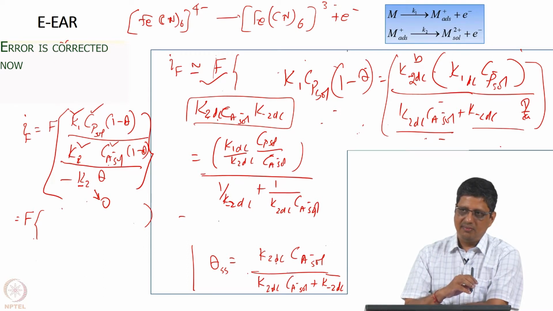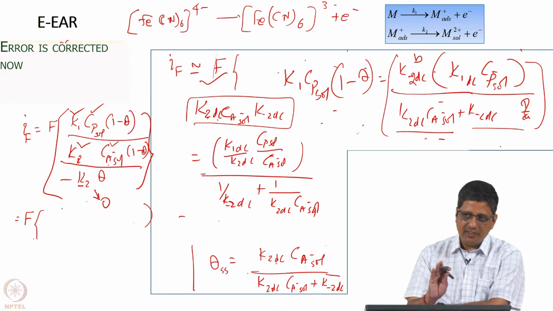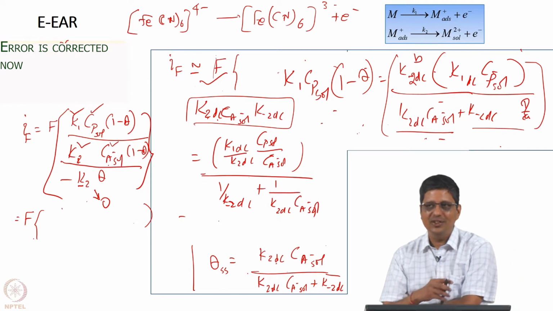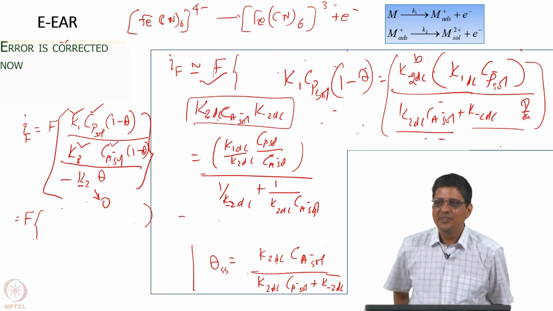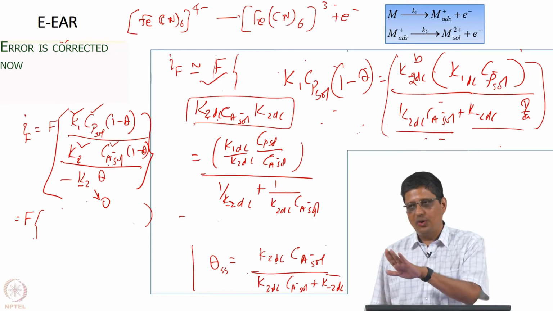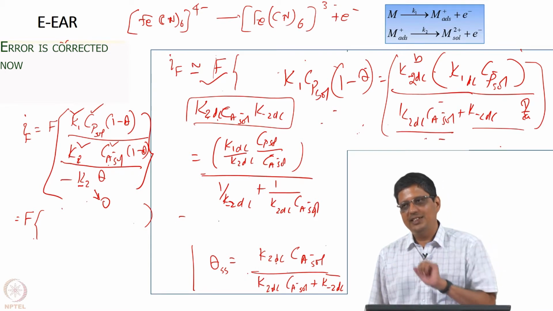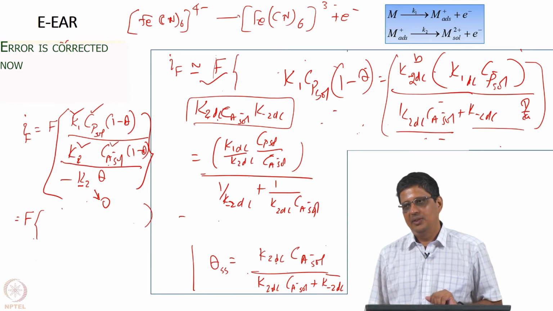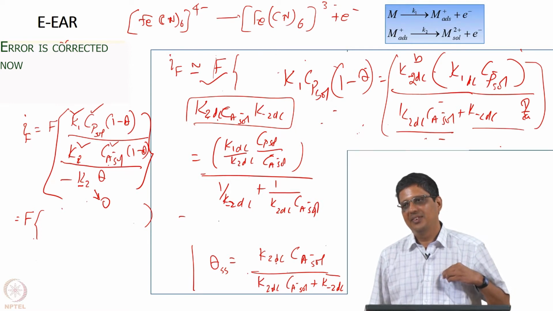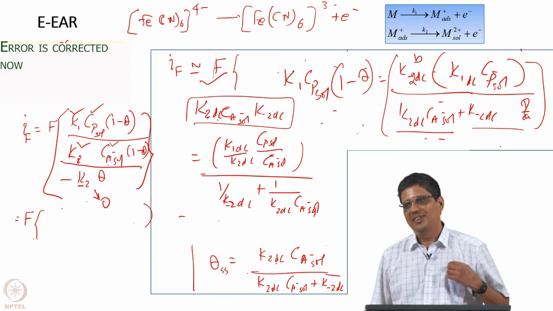Now, if we are decreasing the current, so we are increasing. We are not increasing the current, we are not decreasing the current, we are changing the potential. We are going to find what will happen to the current. But how do you know that current is going to decrease or increase? I don't know. I am just saying here. We know that V is equal to IR. No, V equal to IR applies when you have a resistance. That's what I said. We don't have a resistance. We have an electrochemical reaction. But if something is adsorbed, there is a possibility that that adsorbed layer may create a resistance. Why are you imagining that?